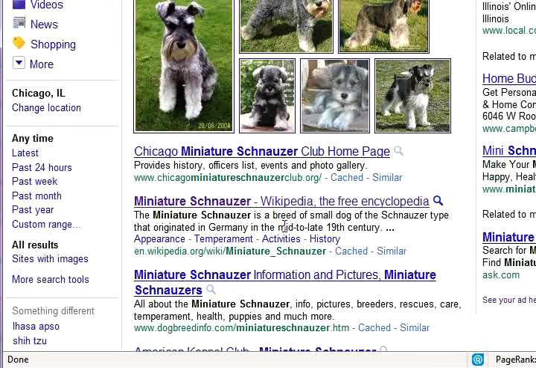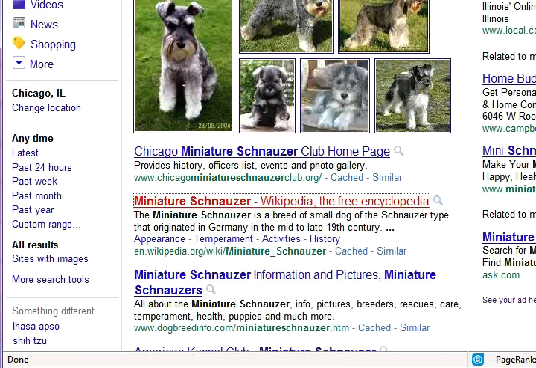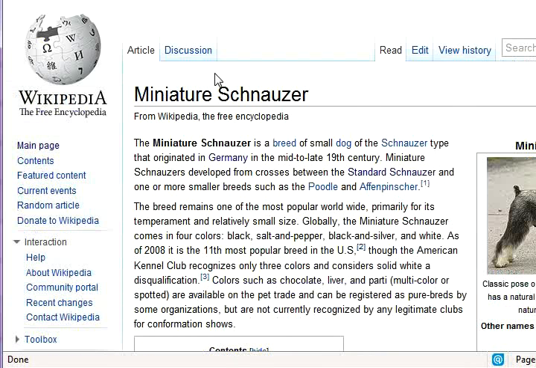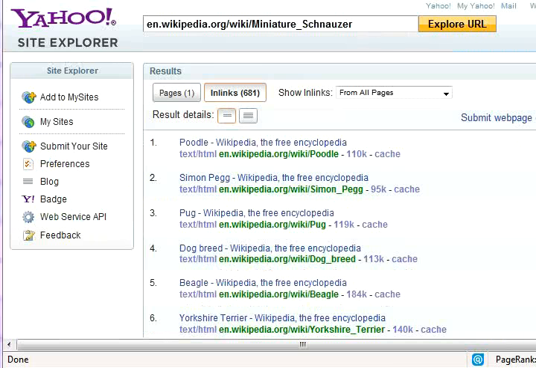One of the first things to remember is Wikipedia ranks highly a lot of times because of internal links. In other words, let's go to this miniature schnauzer article here. There's links in Wikipedia itself that are linking to this article, and those are the links that are contributing to its rank. Here is a list of links that Yahoo Site Explorer is reporting for